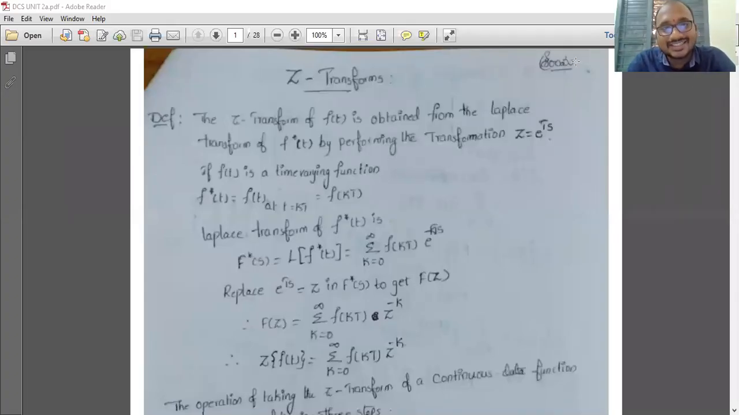Welcome to our second chapter in our digital control systems subject. Our second unit is completely regarding the concept of z transforms. I think all of you know very well about the z transformations, because all of you studied this in second year mathematics M3